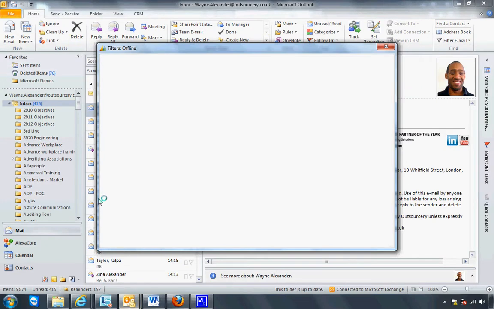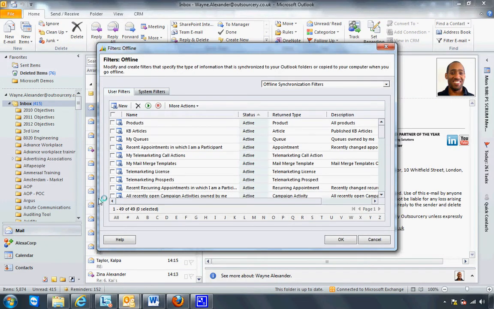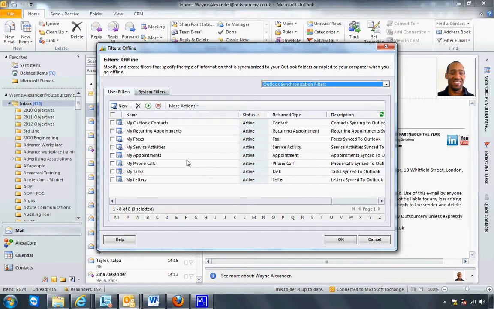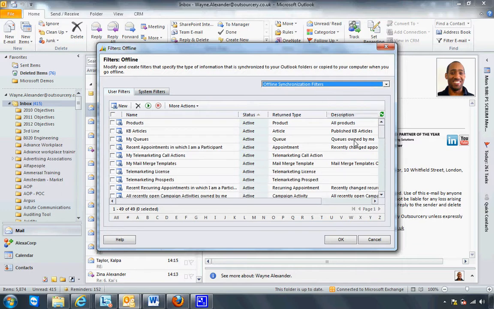Now offline filters are very similar to synchronizing filters, because when you have synchronizing filters, you tell the system for the online version of the Outlook client what information you want to synchronize over from CRM to appear in your Outlook. It's exactly the same process for the offline synchronization filters, and you can see here the view says so. I could click on the drop down to change the view to my Outlook synchronization filters, and there they are. I'll change it back to my offline, and by default